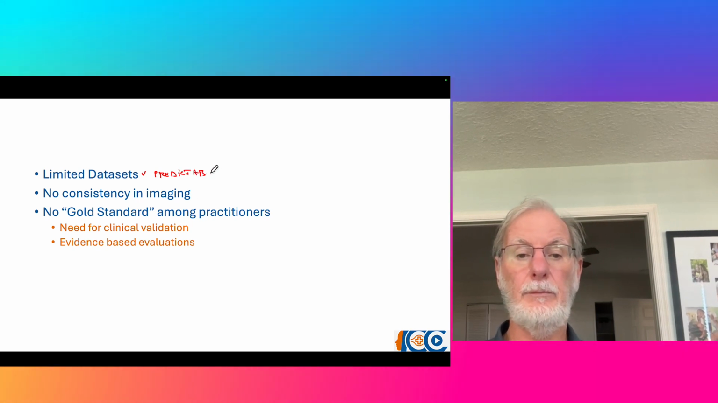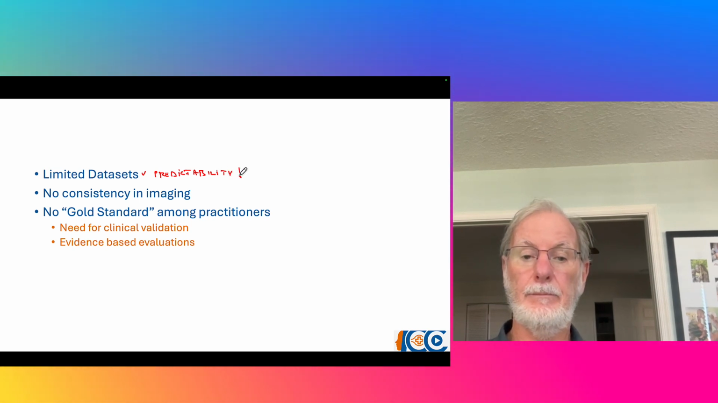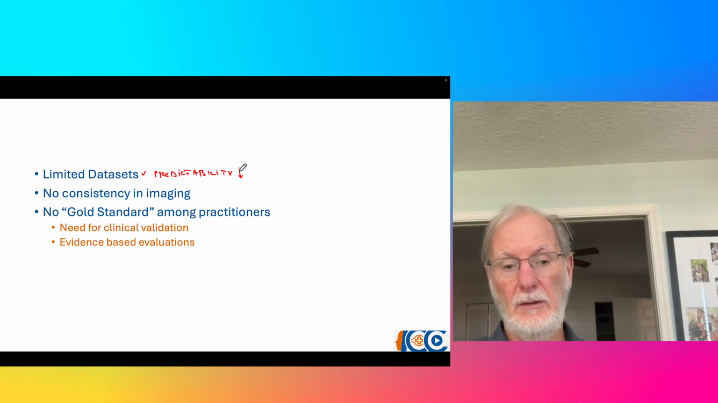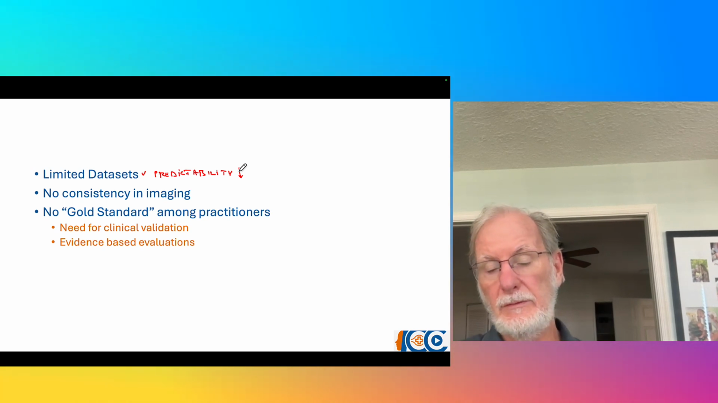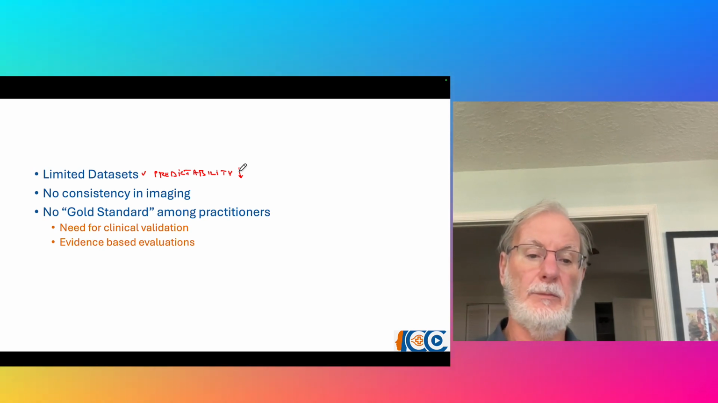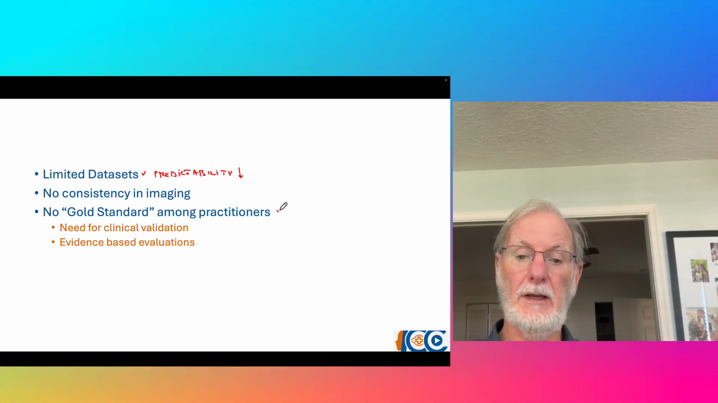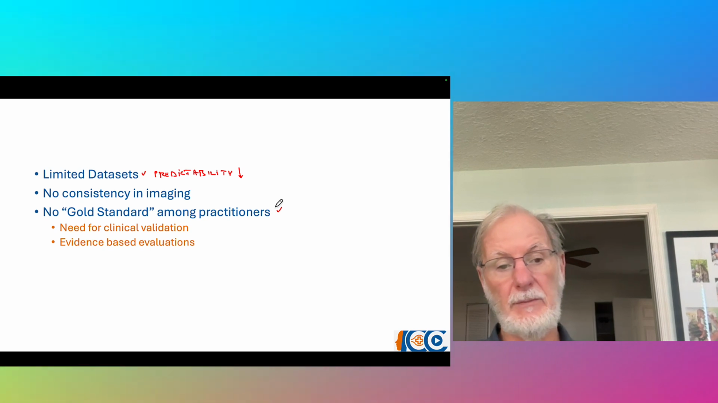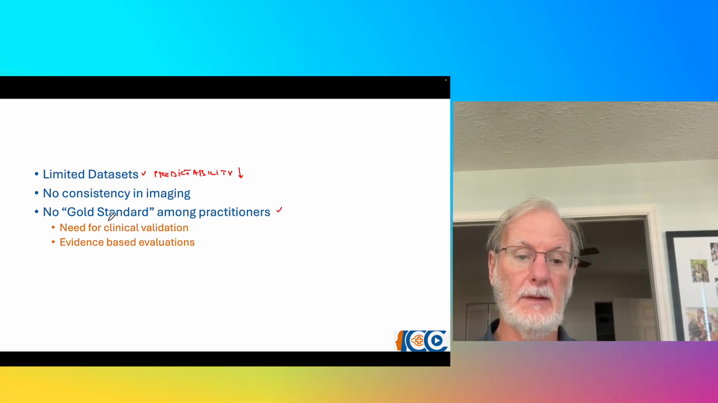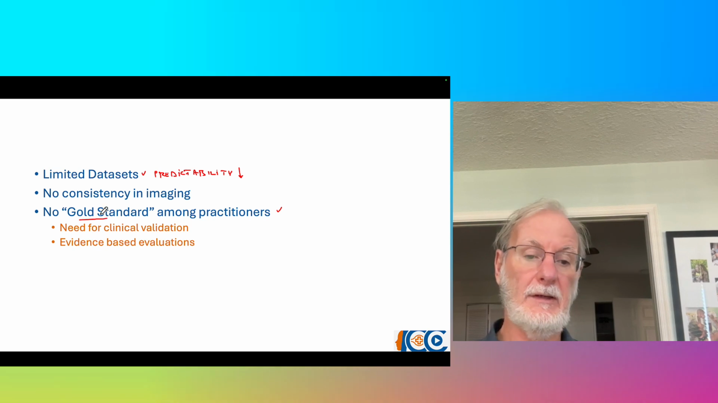Predictability is inversely proportional to the size of the data set. Imaging is hard. Now cone beam is a little bit better. We have better cone beam imaging, but many times half the images are missing. And again, the big problem we have, because we're experience-based and we're trained, everybody's being trained differently, there is no gold standard. So everybody has his own ways of looking at